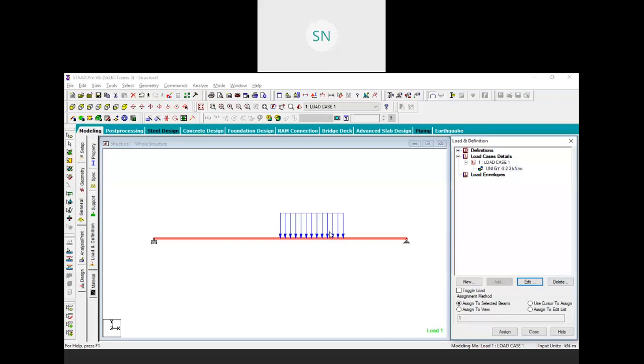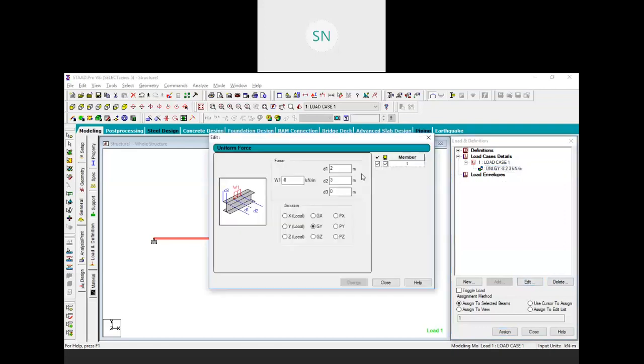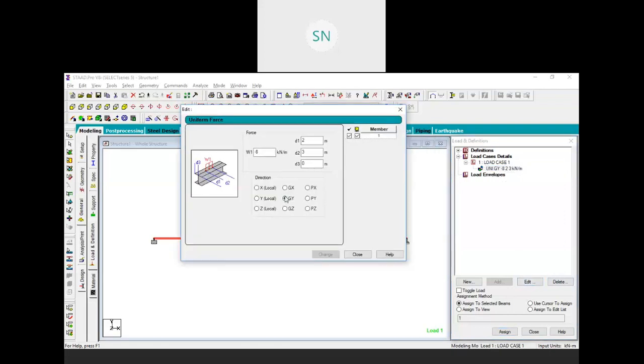Always we will apply our load from negative y direction because that is our gravitational direction, as you say. One more thing, click on edit. Here you have to choose global y and your load must be negative.